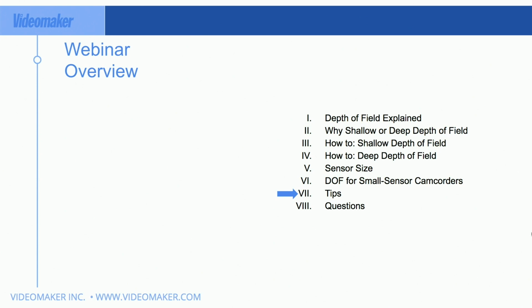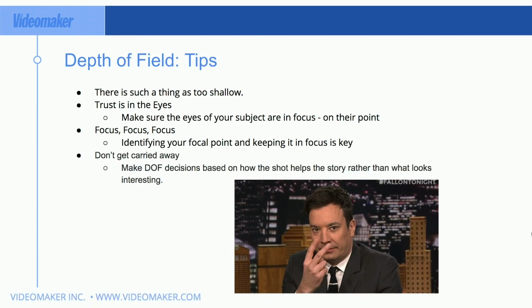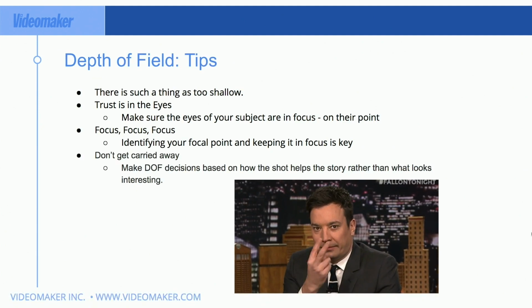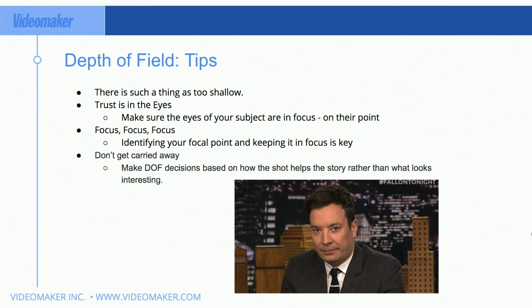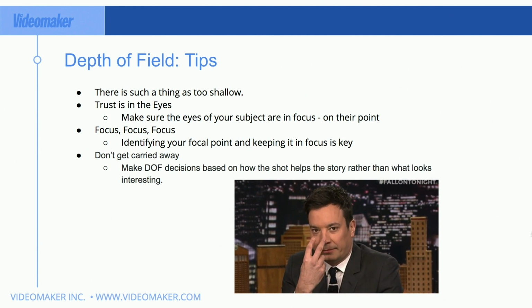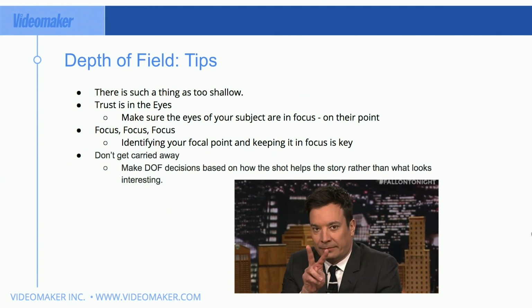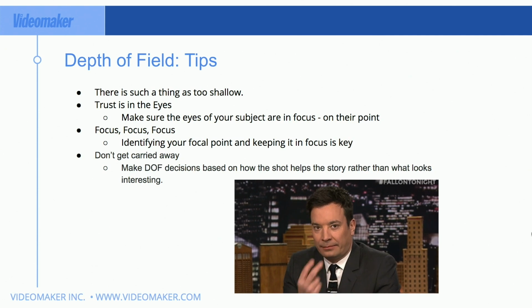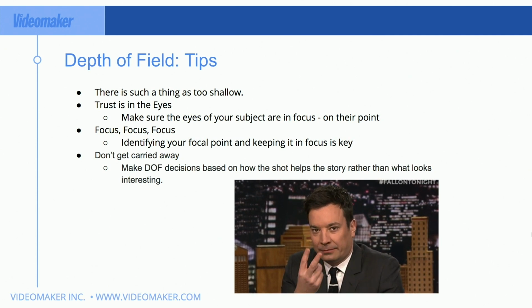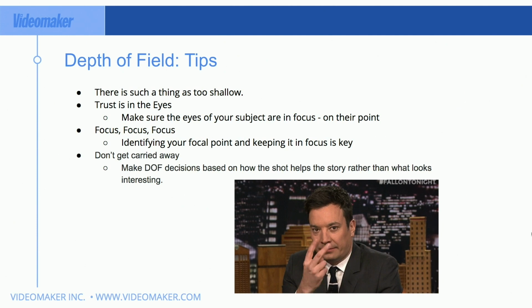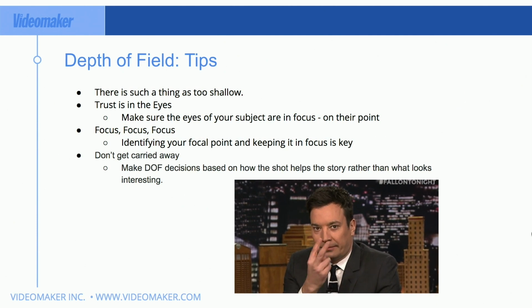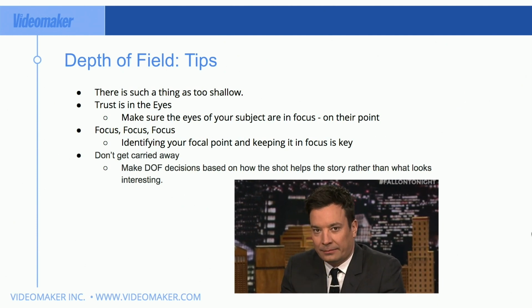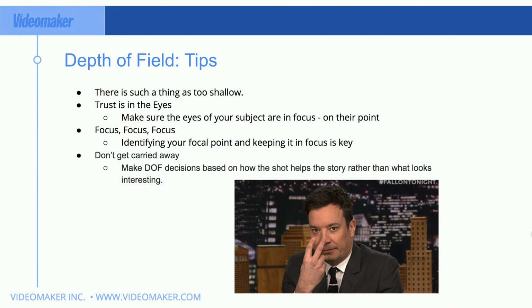But here's the tips that I give you for dealing with shallow depth of field. There's such a thing as too shallow. You might get excited at having f1.2, even f2.8, but most things are not shot that shallow. I think it's far more valuable to have a zoom lens that has the same aperture across the full focal length of the lens than it is having a lower f number.